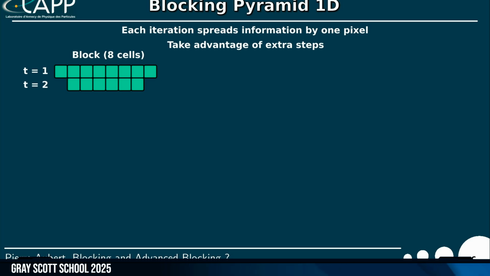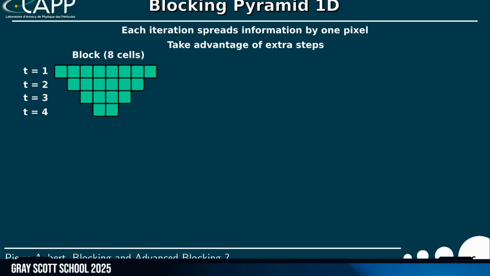But inside the block, I can, because the information didn't spread yet in this part. So I can reuse all I've got here, and I can continue with this block for 4 times, for example. That being said, I can reuse 4 times the data I put in my cache, and not only once.